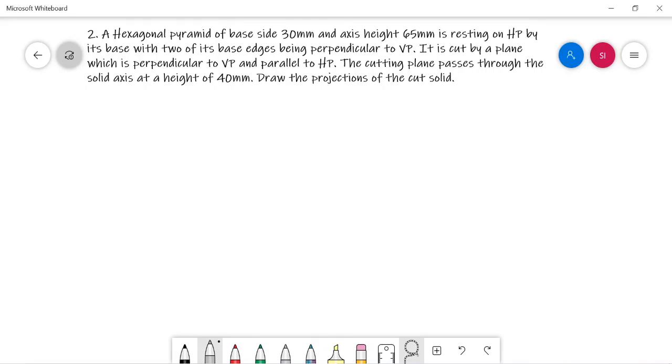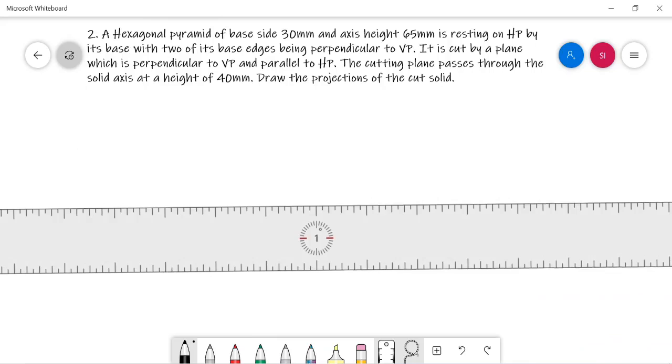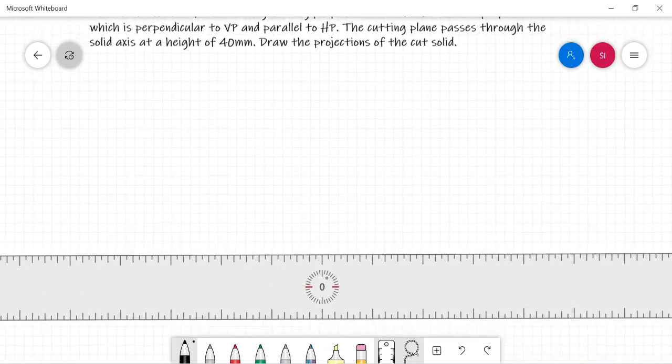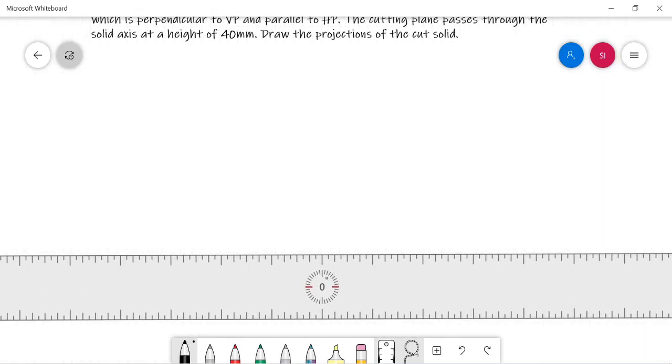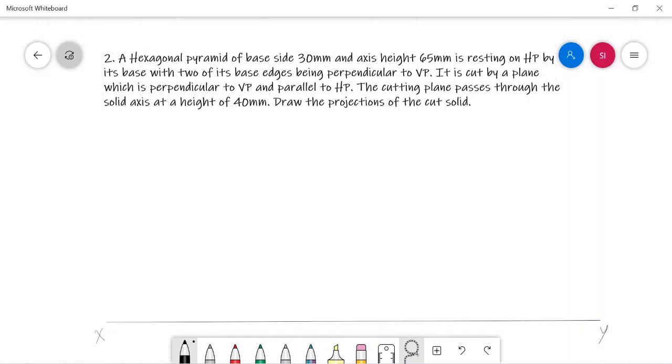As usual, we can start with the XY line. First, we need to draw the solid.